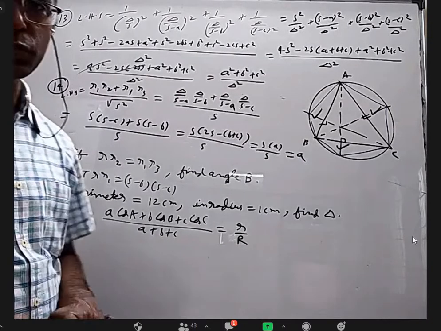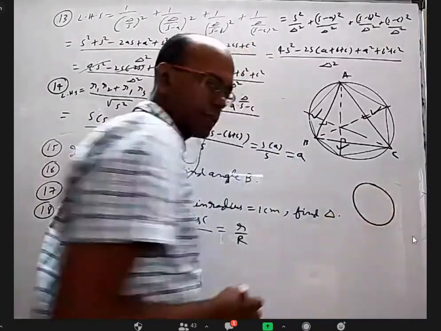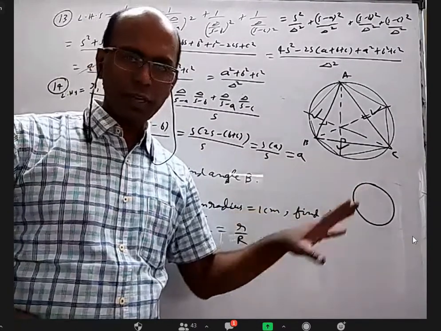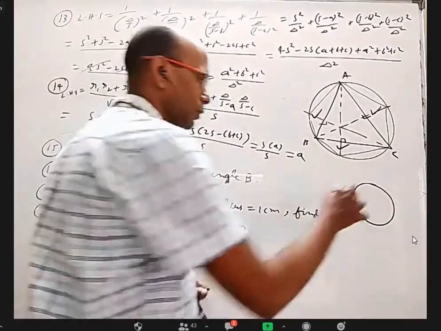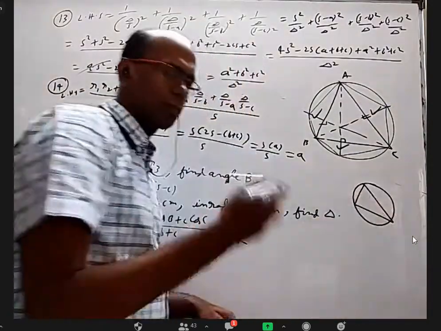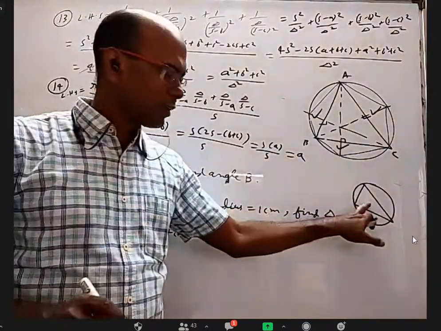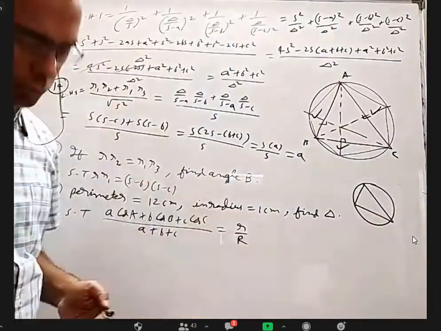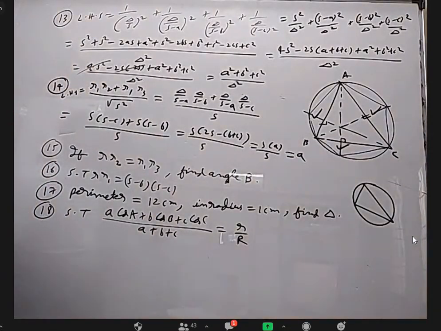I don't know whether I asked this question anytime. This is a nice question. You take a circle, okay, the circle is of radius R. Take any triangle inscribed in this circle. You can take any triangle, acute angle, obtuse angle, right angle triangle, change all the vertices, no problem. This triangle will have one orthocenter. If you take some other triangle inside this, you'll have another orthocenter. All those orthocenters, what is the locus of orthocenter? What is the shape of that? I want to know.